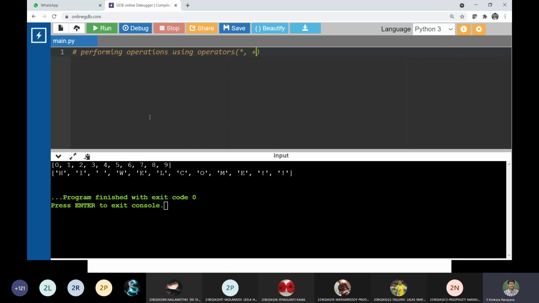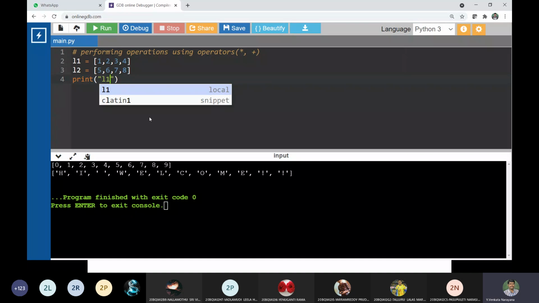The same example I am considering here: 1, 2, 3, 4, and in the same way 5, 6, 7 and 8. So these are the data that I am considering.